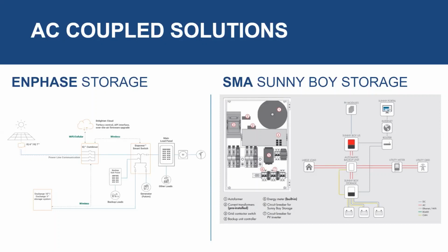So the SMA Sunny Boy Storage, if there's one takeaway you have from this technology, it's that you can pair up to 9.6 kilowatts of grid tie PV onto the Automatic Backup Unit. And this is a large amount of AC coupled PV. Okay, moving on to a new solution,